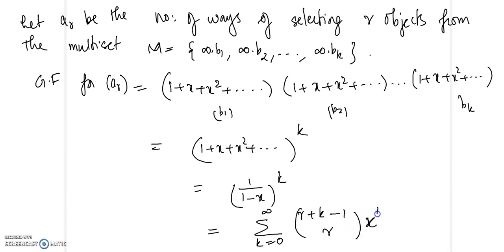So this is in the form C(n + r − 1, r), which we have done earlier, the number of selections from an infinite multiset. So therefore here a_r will be equal to C(r + k − 1, r). So that is the required number of ways of selecting the